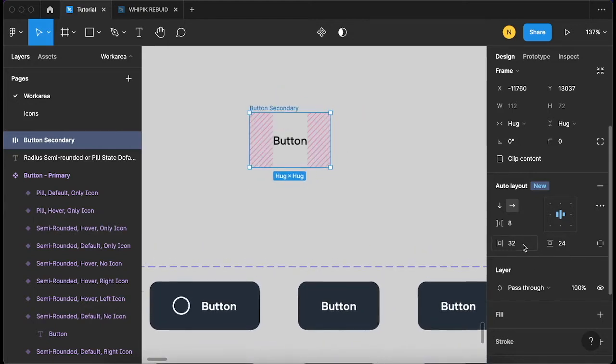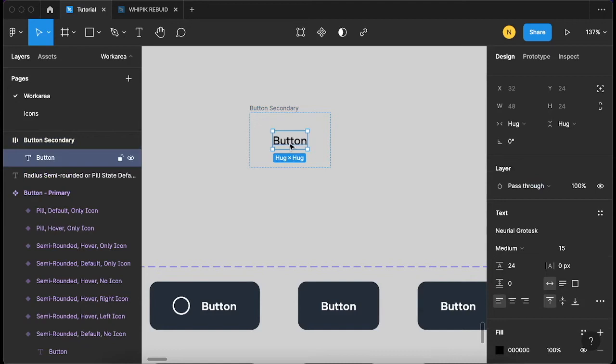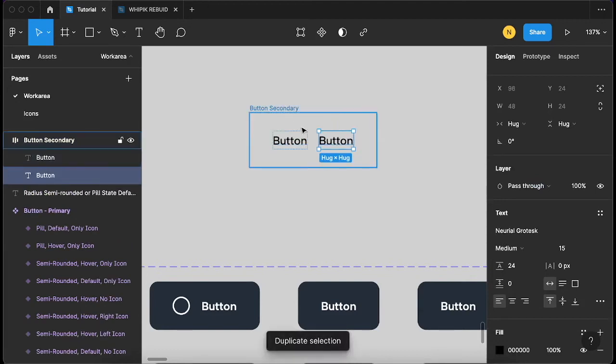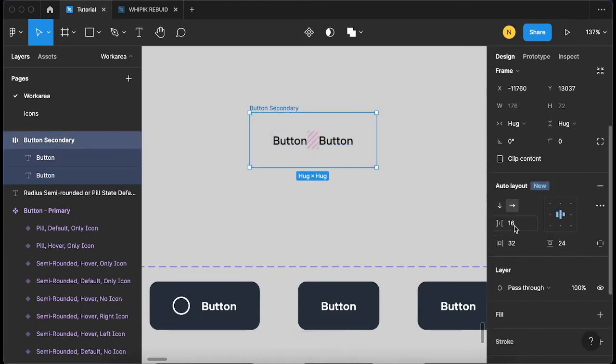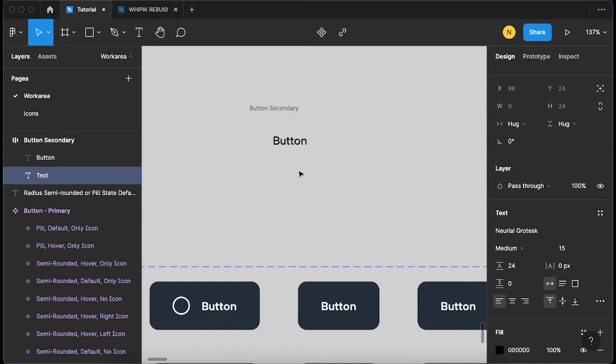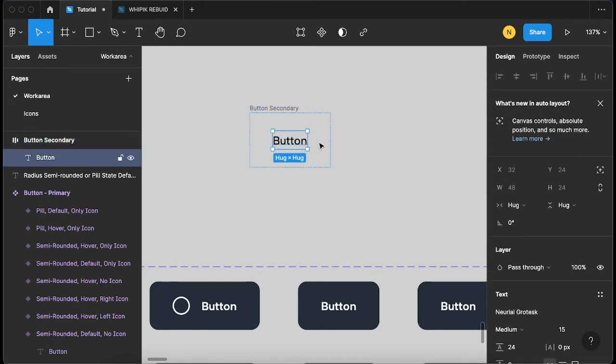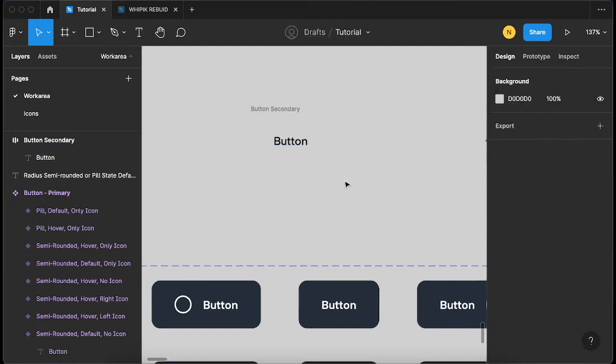And then I can use 16 for this spacing. If I have more than one item here, this is just telling me that the spacing between the two items should be 16 pixels, and that's what I've done here. Let me delete one of them. Okay, so the next thing is to